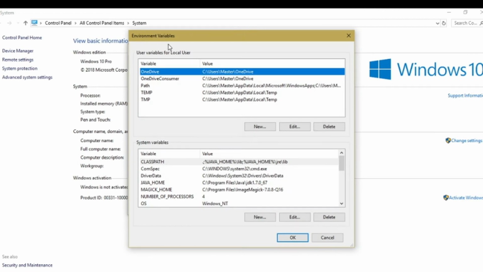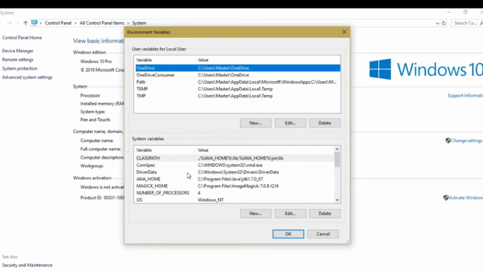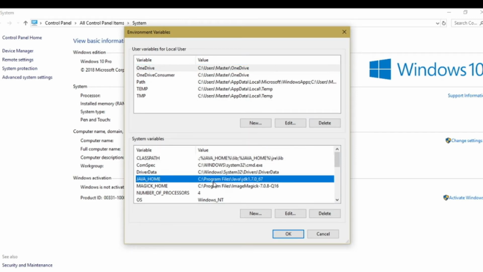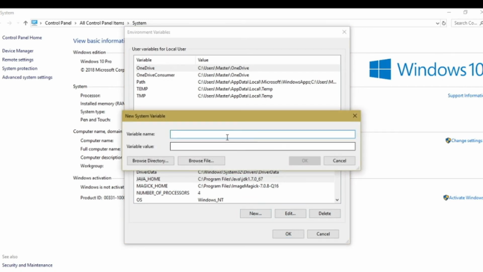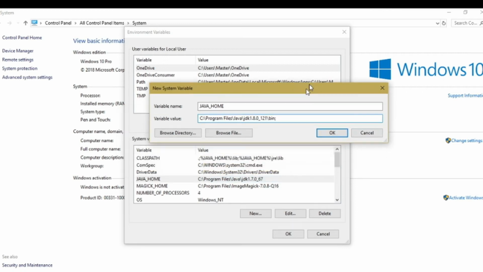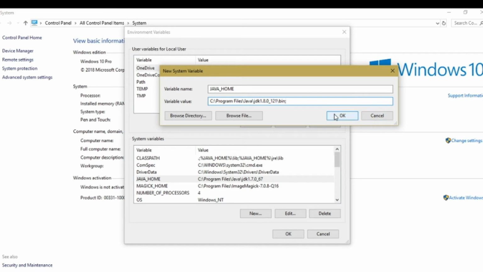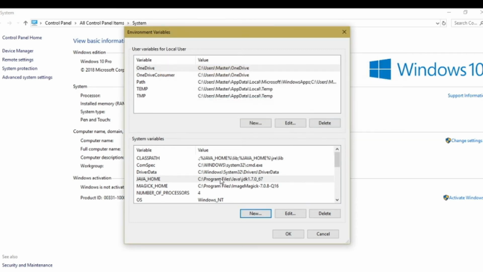You will get Environment Variables. At the bottom you have New, Edit and Delete options. Click on New. Give the name as JAVA, all caps, underscore HOME. Paste the path. Click on OK. I have already added it, so I'm not clicking OK. You need to click it. Okay. Once you are done with that,